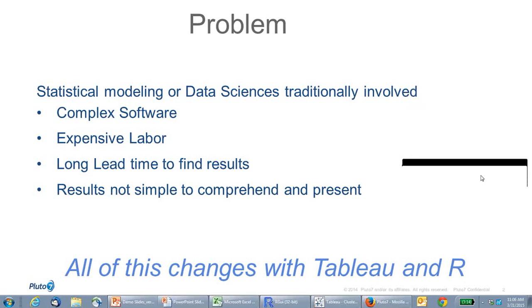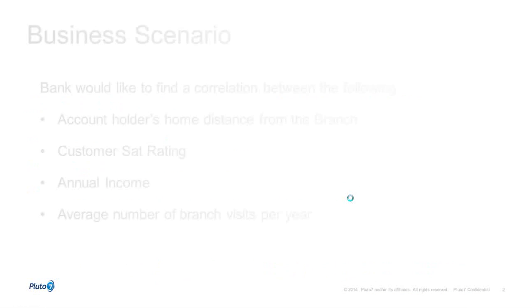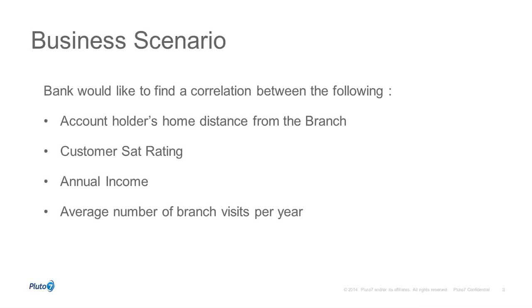Traditionally, when we have looked at statistical modeling, or data sciences as it's being more recently called, it involves complex software, extensive labor, and many times having PhDs, long lead time to find results, and after all these things, it's still difficult to comprehend and present your final results out of your statistical modeling. A lot of this changes with Tableau and R, and as many of you know, R is an open source technology. Now let's look at this business scenario of one of our customers, and it's a bank, and they would